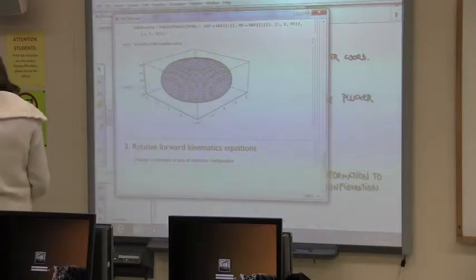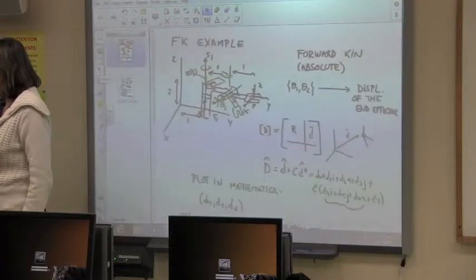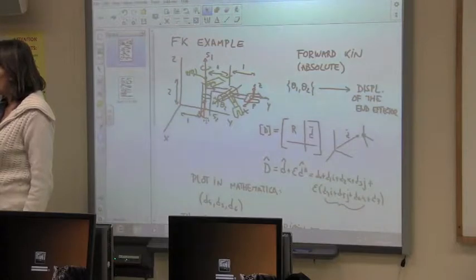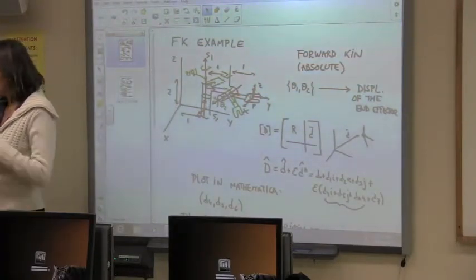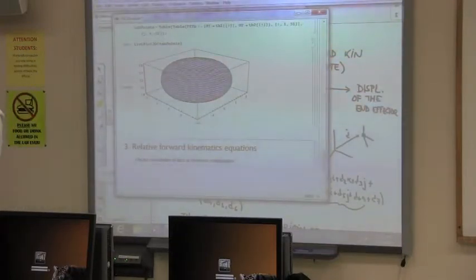Let us consider the reference configuration as the one we had here. Okay? This is our reference configuration. So this would be the Plucker coordinates of S1. It's in the z direction and at 1 in y. You'll have to give me the data because I cannot see it. Okay? So let's just call S1